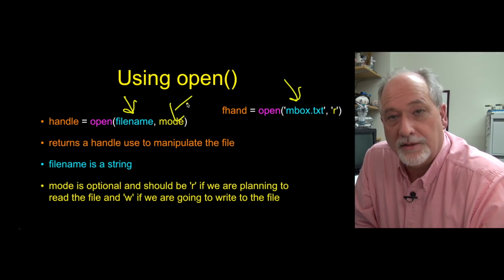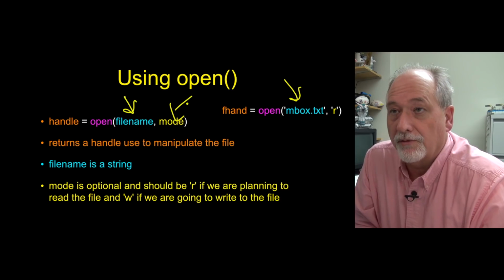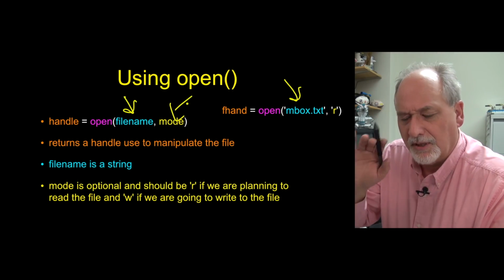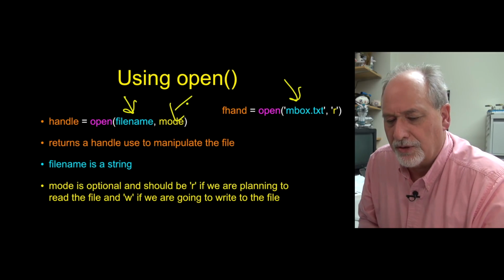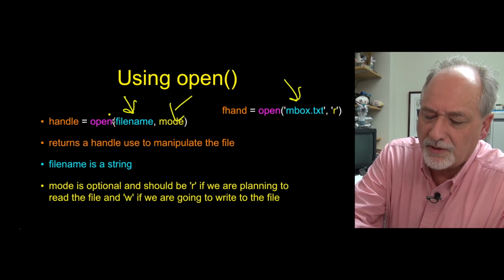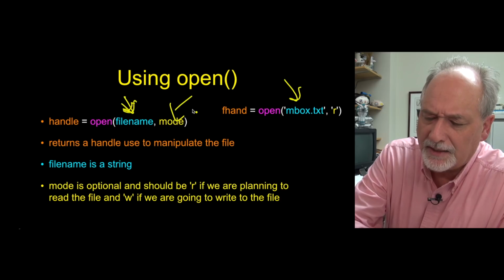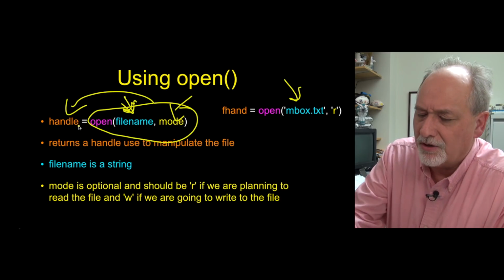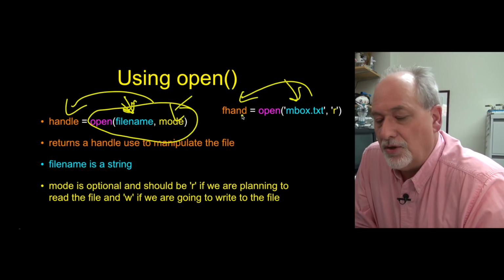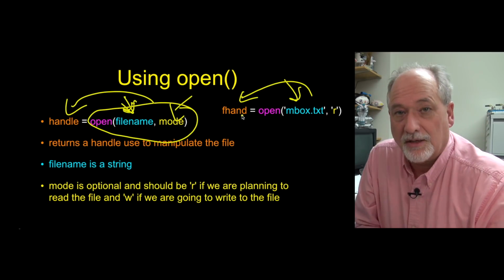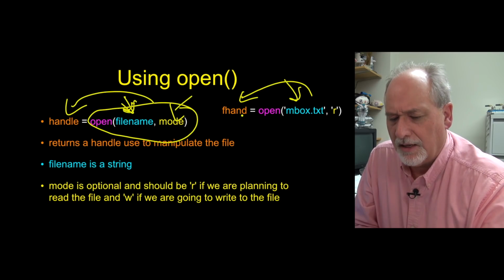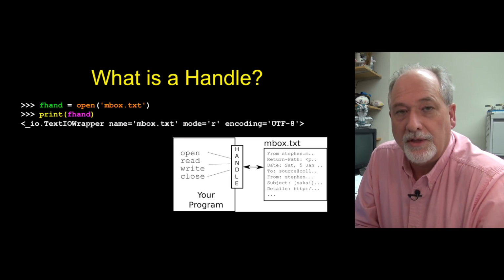If we're reading the file, it doesn't harm it. You can read it over and over. If you write it, and there's already data in that file, it truncates it and writes something. And we're not going to really write files, we're mostly going to read them. So you pass open a file name, it gives you back this file handle, and then you have a variable in which you store it. I often call it fhand to be mnemonic. You'll see in my code, I use fhand all the time to indicate that that is a file handle. And so if we were to run this in